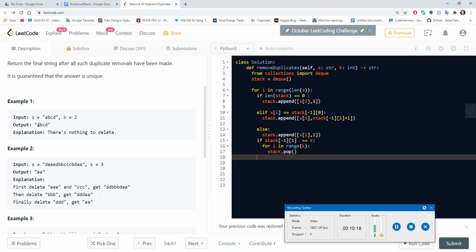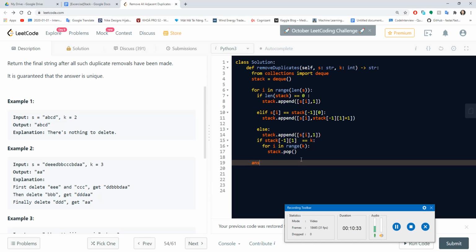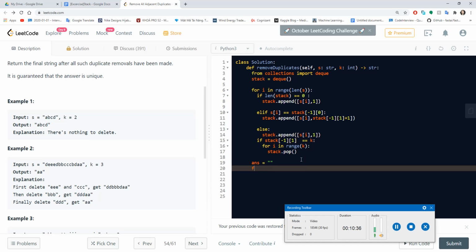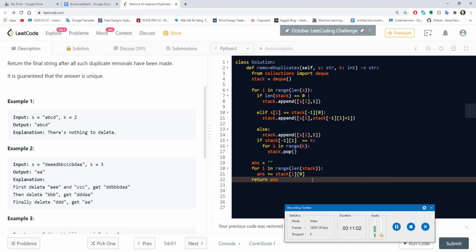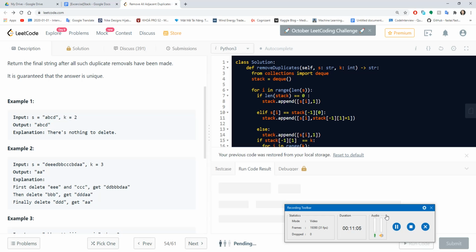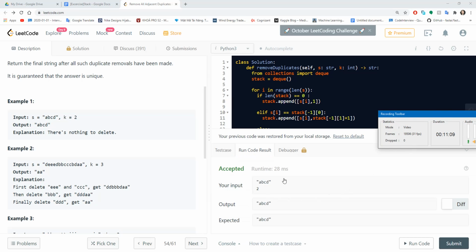But in this question, they need the output to be a string. But like I said, my stack is an array, so I need to have the answer string, and I will use the for loop to check the stack, and then I only use the first element from my stack. I use the first one, and after the for loop I can return my answer. Yes,